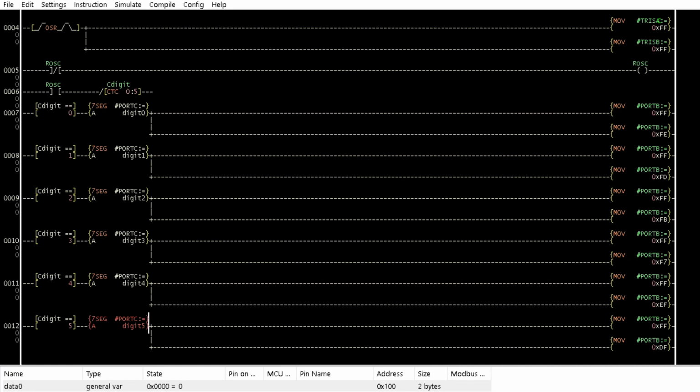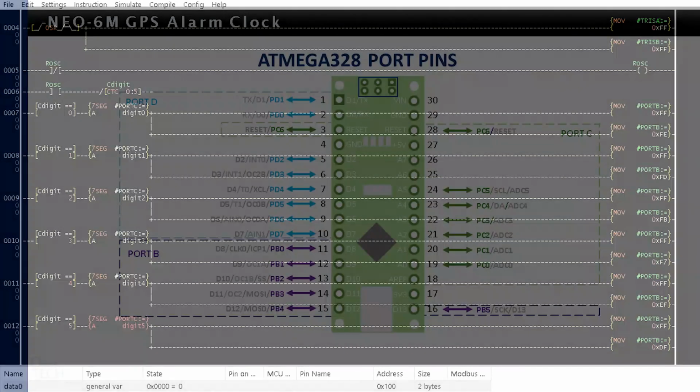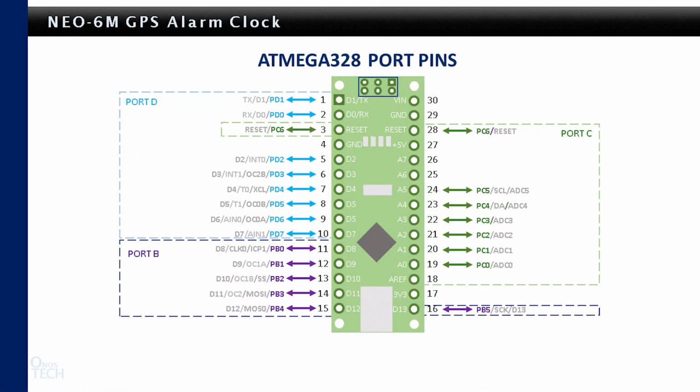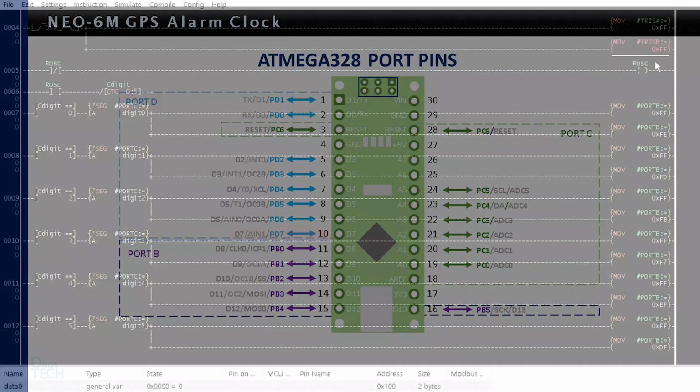Some additional instructions are required to display segment G of the 7-segment display. Since the ATmega328 used in the Nano does not have a port with at least 7 pins except port D, which has the RX and TX communication ports connected to pins PD0 and PD1, and port C, which the segment display is connected to, has the reset button of the Arduino Nano connected to pin PC6, segment G is then connected to pin 7 of port D.